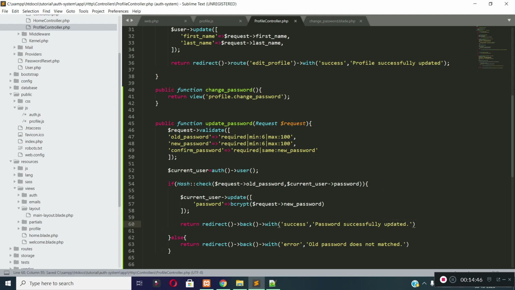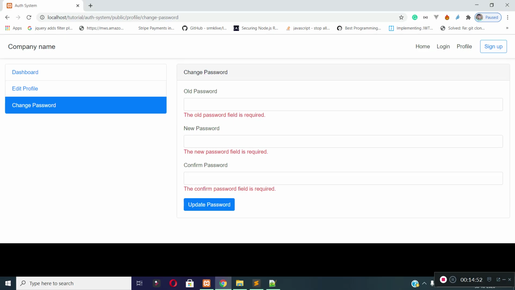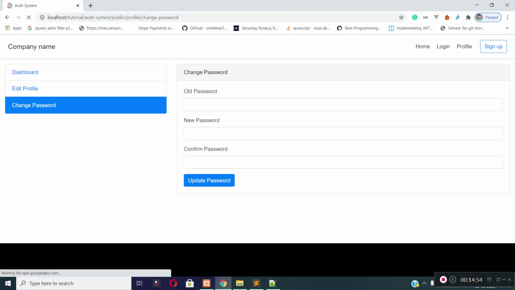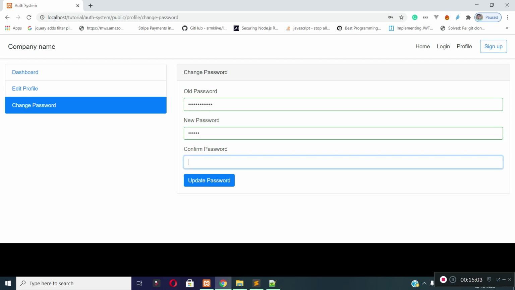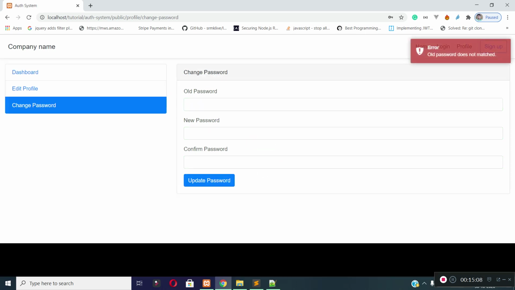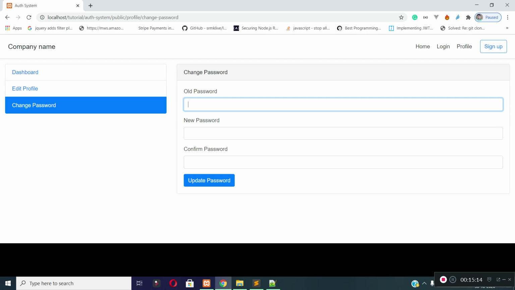Now let's check whether our change password functionality is working or not. Let's refresh the page. First of all, let's provide an incorrect old password value. You can see old password does not match. Now let's provide the correct old password value, which is 123456.